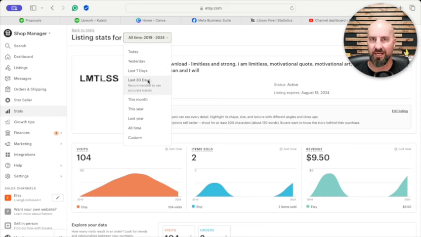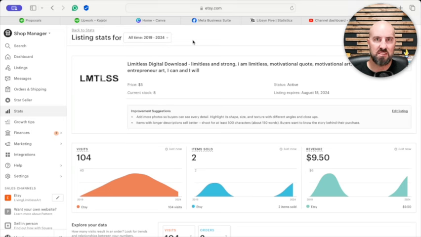good time. If you're actually wanting to see how your listing is doing for a certain block of time and then use that information to make changes to better improve that listing, you need to have it on a block of time. If your window of time is a week, 2 weeks, that's just not long enough. So if you're looking at stats to make changes, I would do at least 4 to 8 months. But we're going to leave this all time just so we can see a good data set of stats in